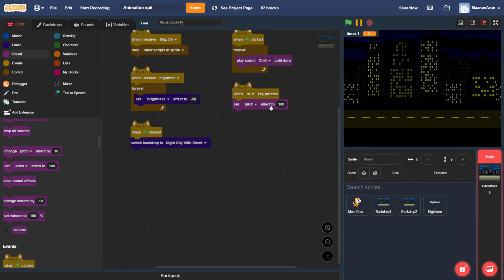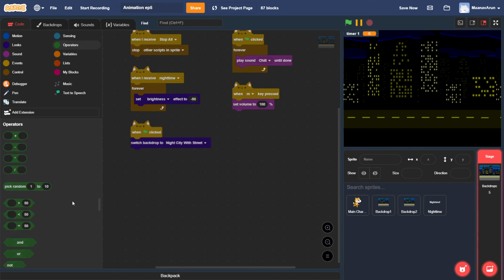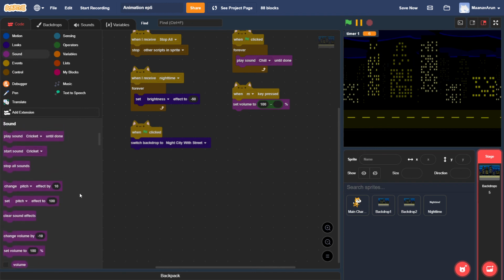No, actually not a set pitch, set volume. Go to operators, grab a subtraction operator and put it in the set volume too. So basically what you want it to do is set volume to 100 minus